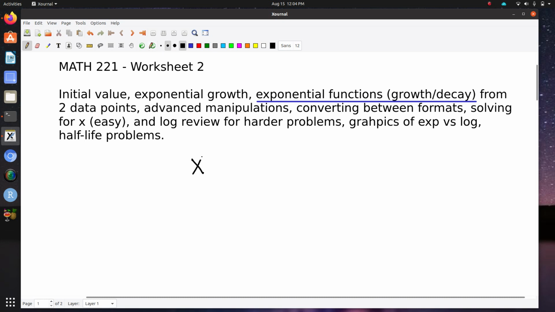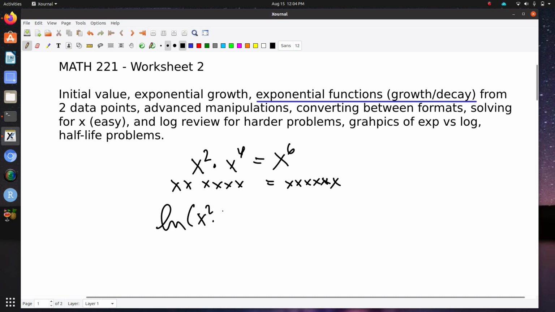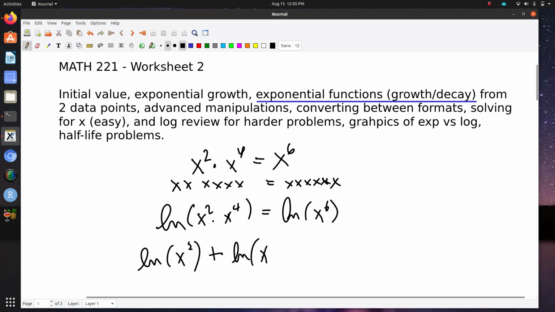Try to stretch the way you think a little bit. So, for example, x squared times x to the 4th equals x to the 6th. That makes sense, right? Because x squared times x to the 4th is equal to x to the 6th. So if you can understand this, then this whole thing should make sense. So natural log of x squared times x to the 4th should equal natural log of x to the 6th. Natural log of x squared plus natural log of x to the 4th should equal natural log of x to